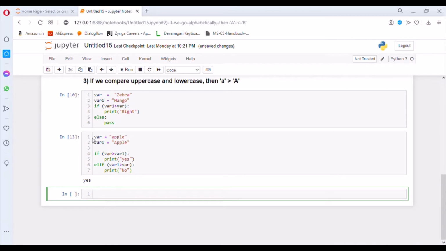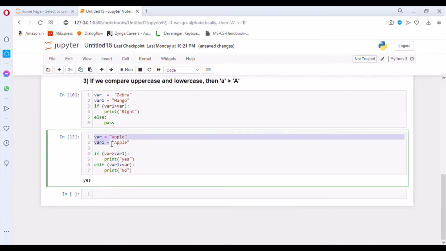Here also we have two variables. The first variable is apple, where the first letter is a small letter, and the second variable is also apple, where the first letter is capital. If we look at the first condition, it says if var is greater than var1, which means it is asking if the first variable is greater than the second variable.